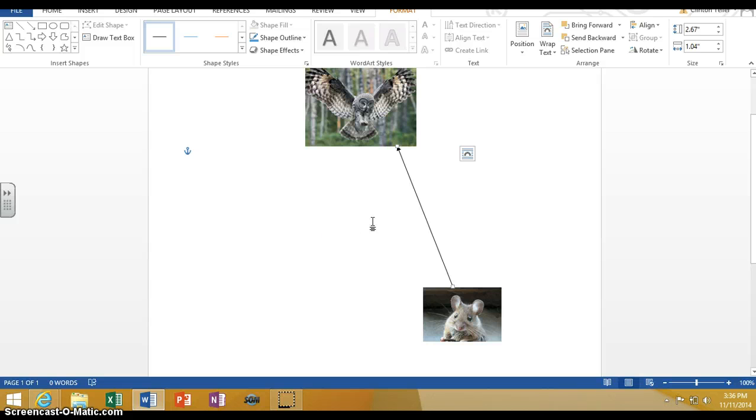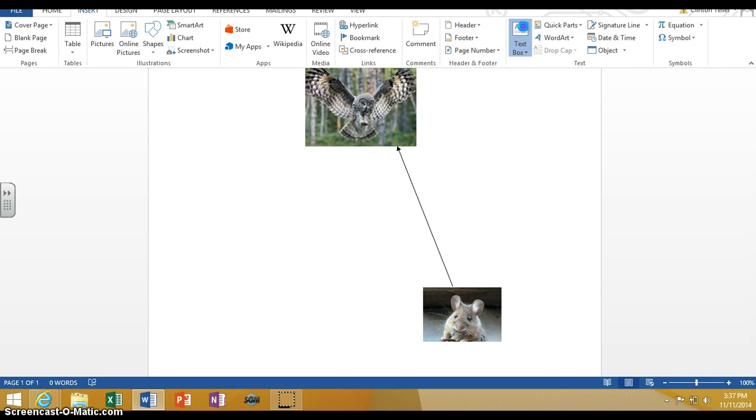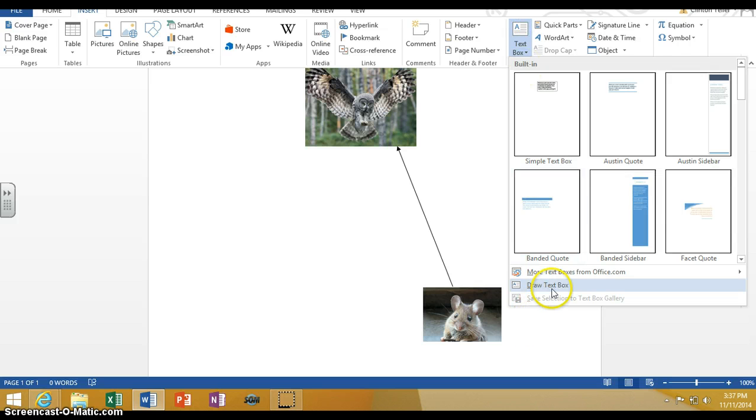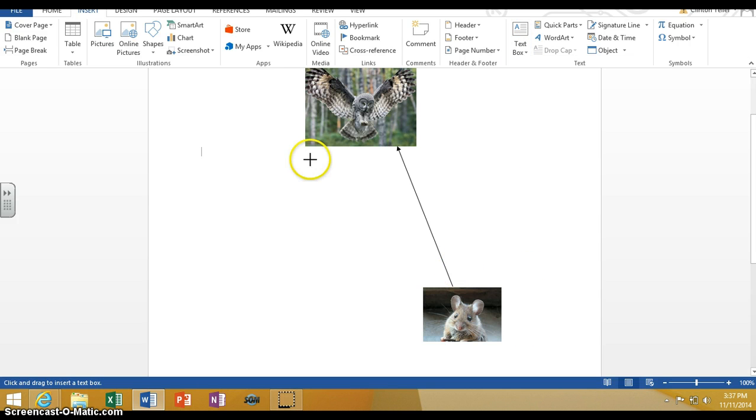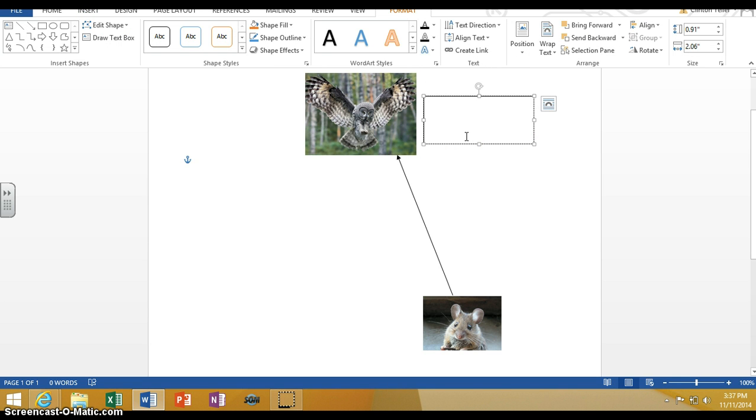The only thing I have left to do is insert text boxes. Once this part's done, all the arrows are completed. Next to the pictures or wherever you have an empty space, we're going to go back to Insert and select the text box, just like this. We're going to draw a little text box next to this animal, and type in the word owl. And then we'll say eats, just like the box shows in the web quest. And we're going to type rats,